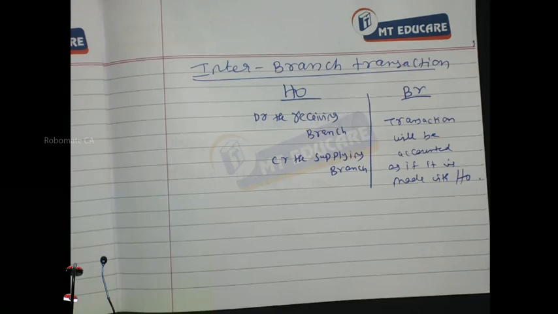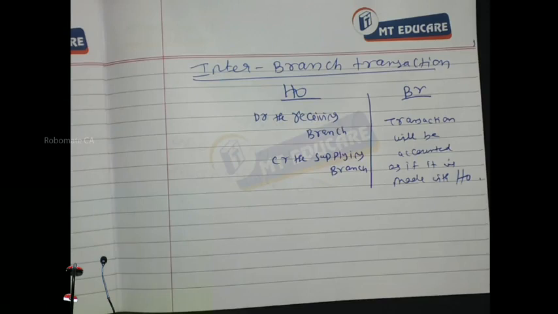Now we just find out that head office wants the entire information of the branch. Head office requires the entire information of branch. So thereby, the branch, after the preparation of trial balance, will send it to the head office, which incorporates the trial balance of the branch in the books of head office. Head office will incorporate the trial balance, incorporating the various incomes, expenses, assets, liabilities of branch in the books of head office. Through such incorporation,